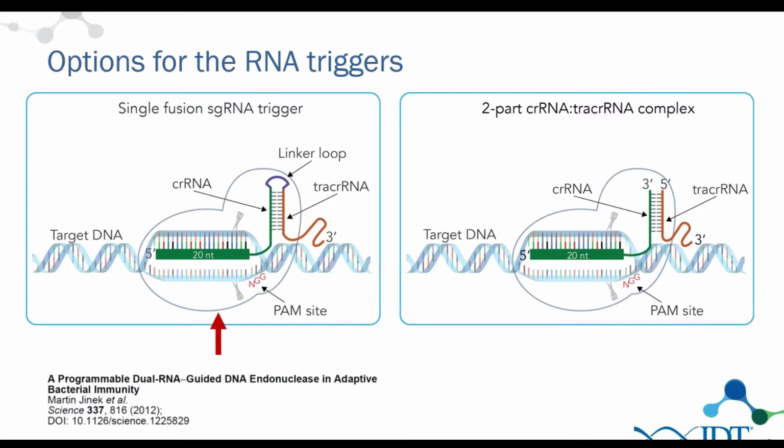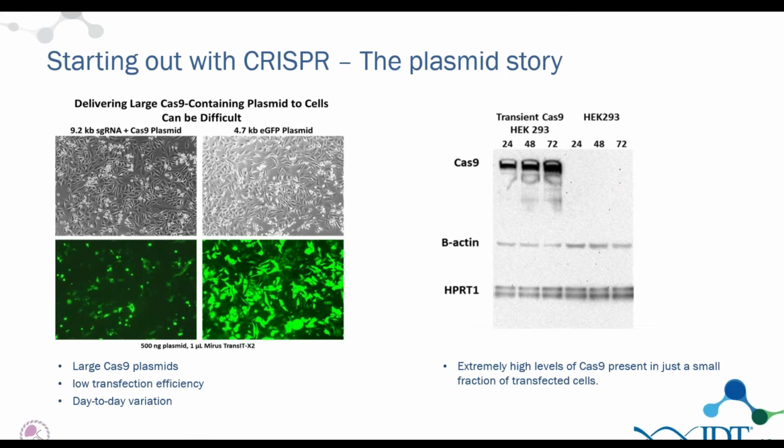Here is a representation of the first CRISPR experiments that we performed at IDT. We purchased two plasmids from different vendors, and we transfected them in the cells after engineering the target site. Really what we did was to see just what happens. Here we have plasmids with the single guide RNA and the Cas9 expressed together. Now what you need to realize in such a dual expression plasmid, which is commonly used in the CRISPR